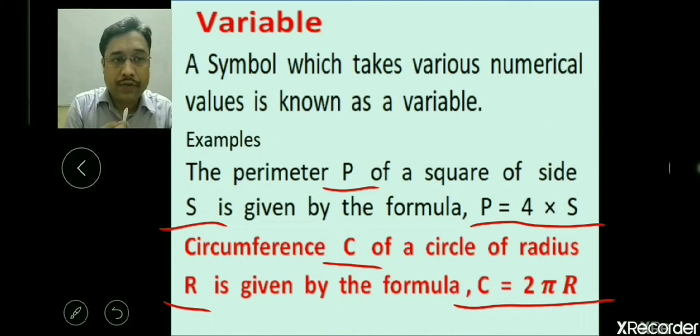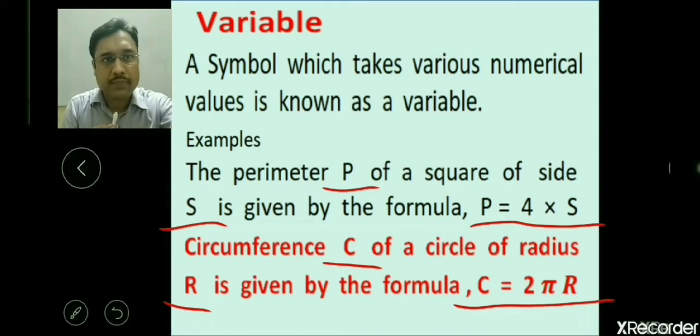Okay, if you take the radius as 4 centimeter, then the circumference will be 2 into 4, 8 pi. Pi you take just like a constant only, so 8 pi. If the radius is 6 centimeter, then 2 into 6, that is 12 pi centimeter is the circumference. So circumference here depends on the value of the radius. Okay, but both are variables here because their values are going to change in different circumstances depending upon